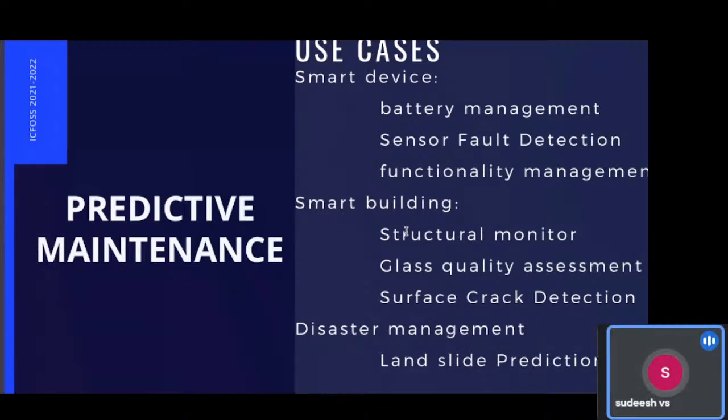So BMS with AI is the new thing that is coming. AI may be useful for battery management because it detects the user behavior, how the battery is discharging, the battery temperature condition, or any other parameters. Then it decides what current the battery needs to charge at a particular time.